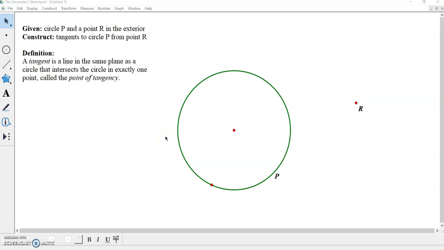In this video, we will be exploring how we can use Geometry Sketchpad in order to help us construct tangent lines to circle P from an outside point R. So there will be two tangent lines that pass through point R and are tangent to circle P. But before we dive into this construction, I want to go over a definition with you, and this definition is